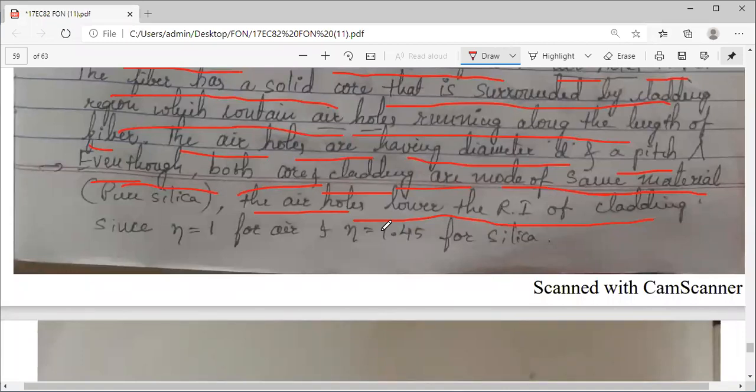And for air, the refractive index is equal to 1. And for silica, what is it? 1.45. I think in the previous session we saw the fiber materials with a range of 1.45 to 1.57. So for silica it was 1.45.